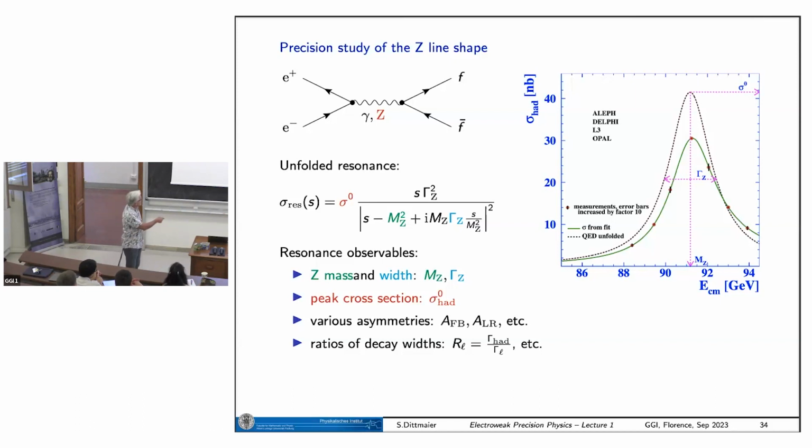This is here called QED unfolded, which is a result of a prediction that ignores photon radiation, and you see it has a similar shape, but it's significantly quantitatively different. Giving you a little bit of interpretation here, you can interpret the difference between the two curves in such a way that your hard process is the one with the dotted line, and if you switch on radiation,